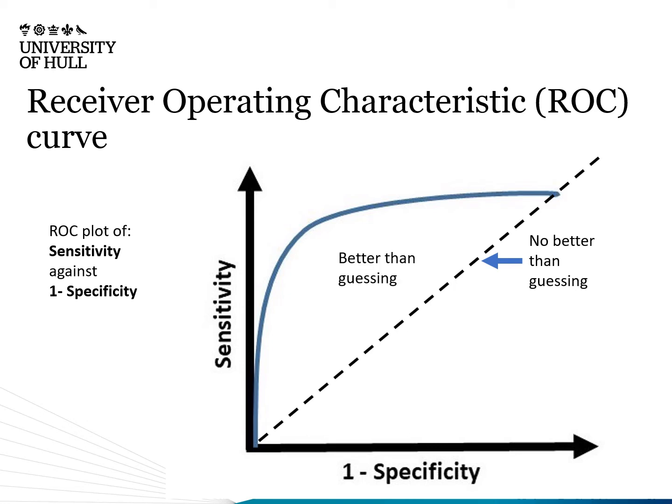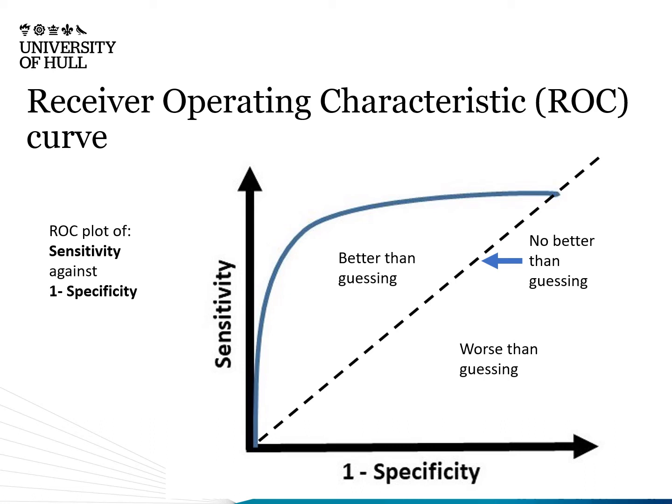If the curve is above that line, it's better than guessing. If it falls below that line, it's actually worse than guessing. You're getting it entirely the wrong way round. So what we want to see is not a straight line, we want to see a curve above the 45-degree